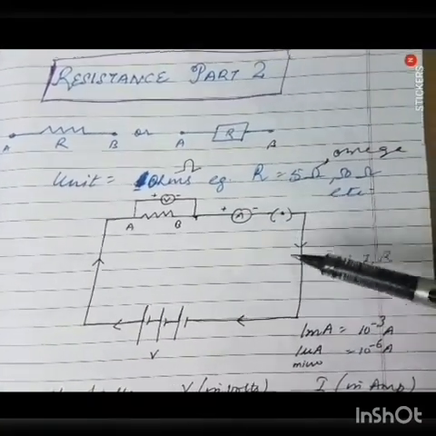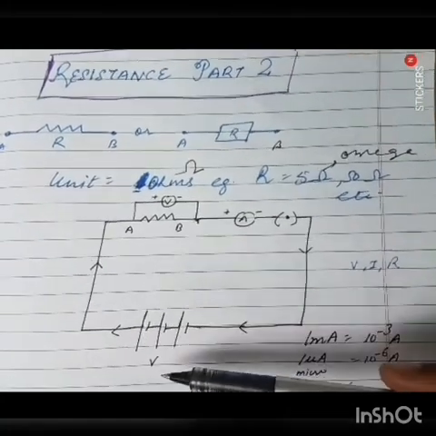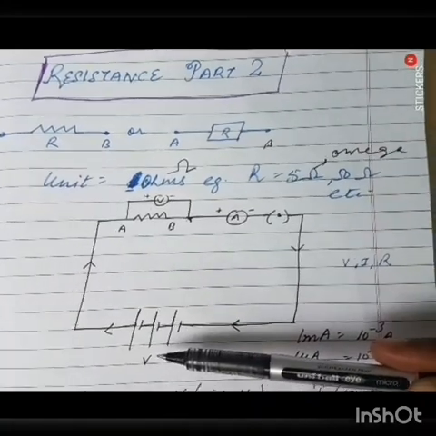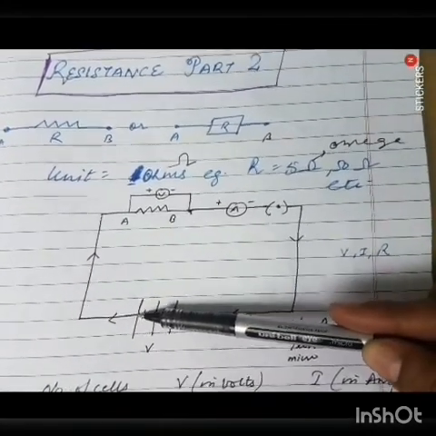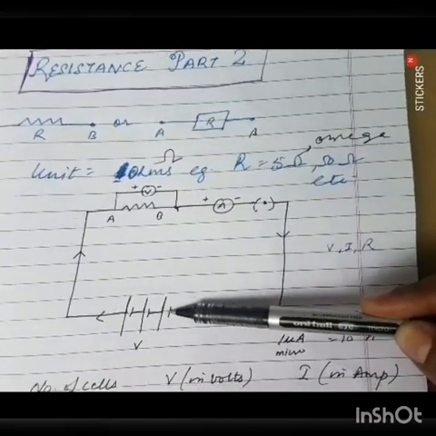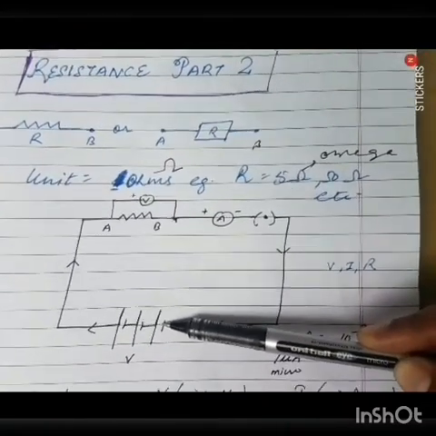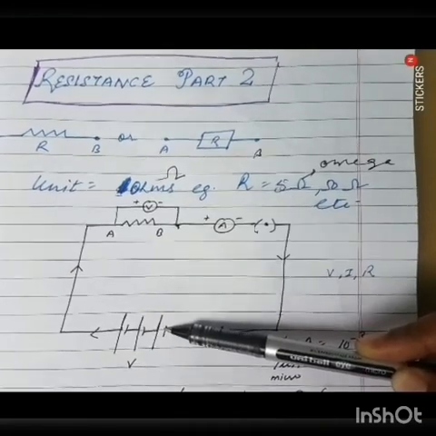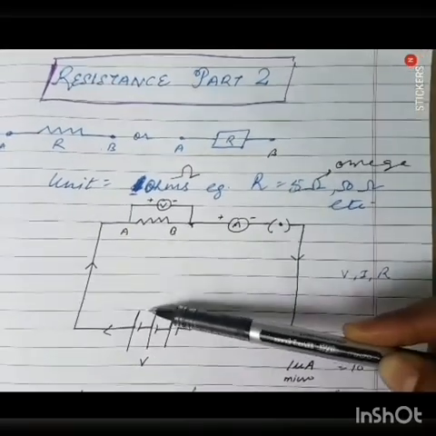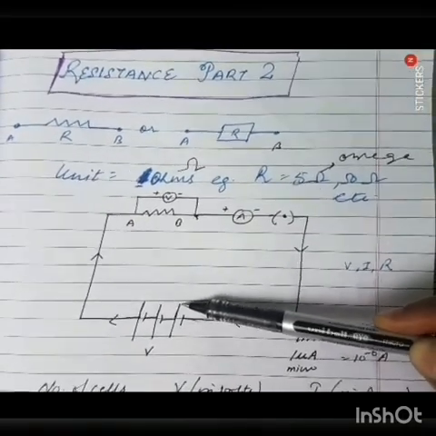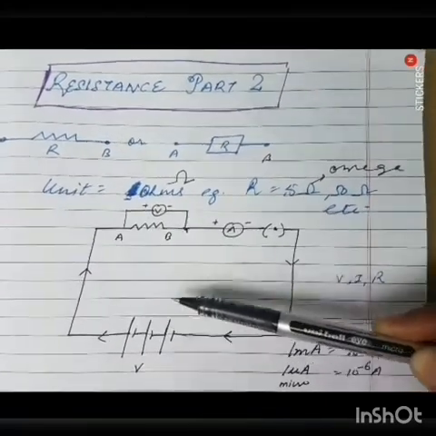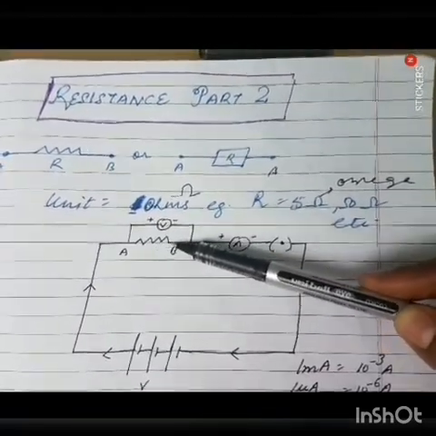Let me explain the circuit diagram. This is the battery of 3 cells which is going to provide potential for the circuit. It will be potential difference because the charges are to be sent from this point to this point. Since these 2 points are known to us, we talk about potential difference instead of potential, because electric potential was when one of the points was not known to you. So this is the electric potential source, which is a cell or battery, which will utilize its chemical energy so as to do work.